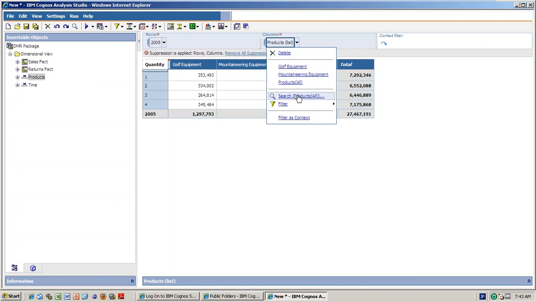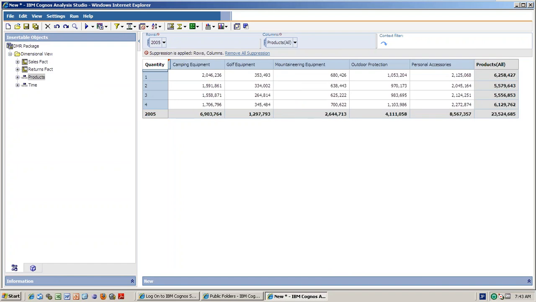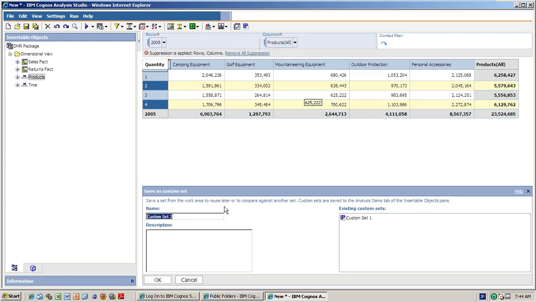So now just select the product tab instead of custom set. See like this. So what do you mean by custom set? For example, you think the second quarter and fourth quarter are important. You select these two things and you go ahead here and save as a custom set.